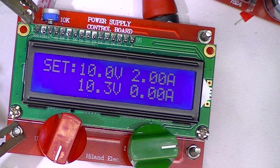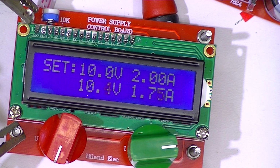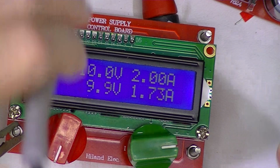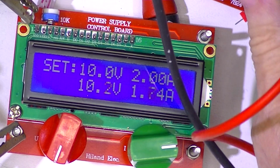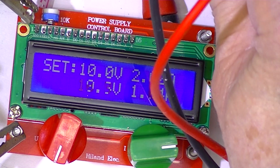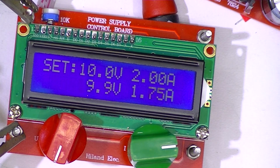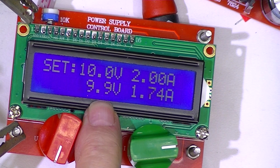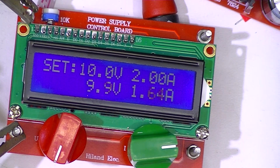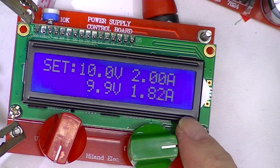I'll reinstate the 1.5 amp load. The bench meter indicates the output terminals are set at 9.99 volts. Although this is jumping around, it's close enough to 10. We still have our current. If I increase the dummy load current, we'll see it begin to go up